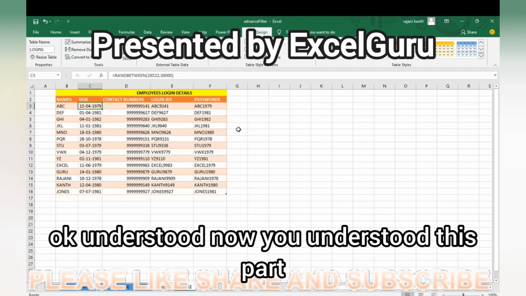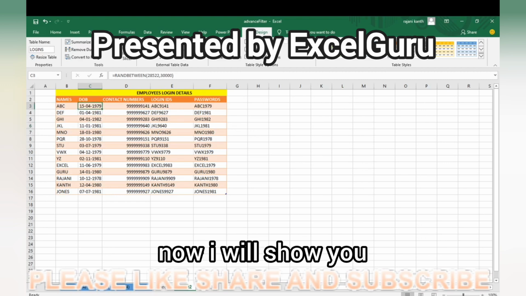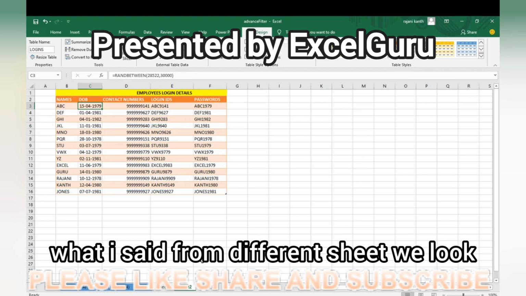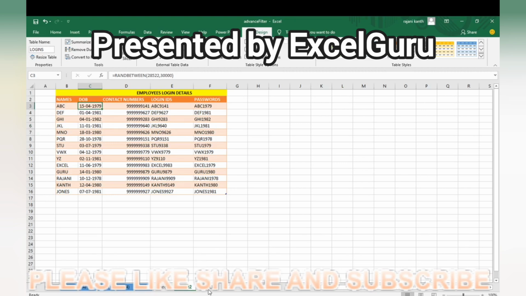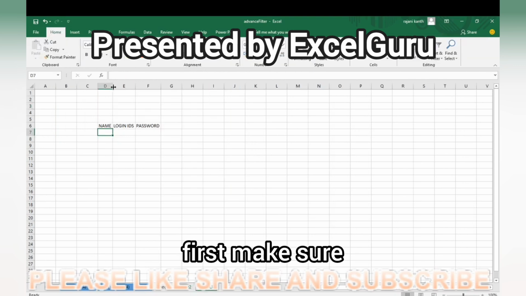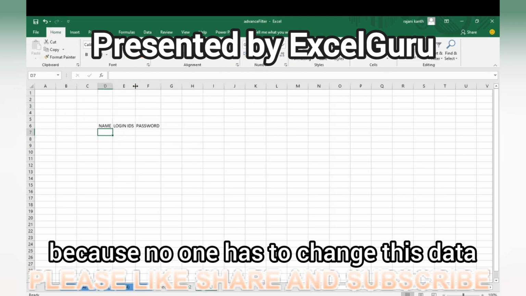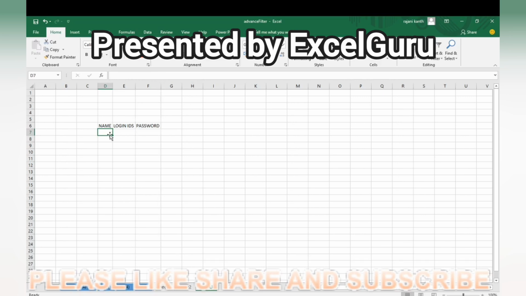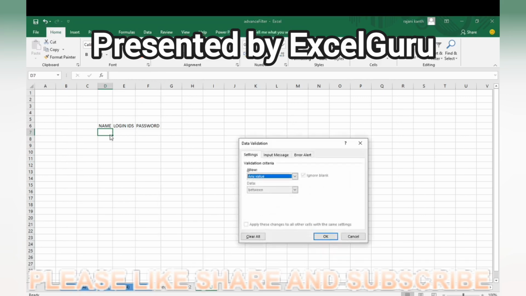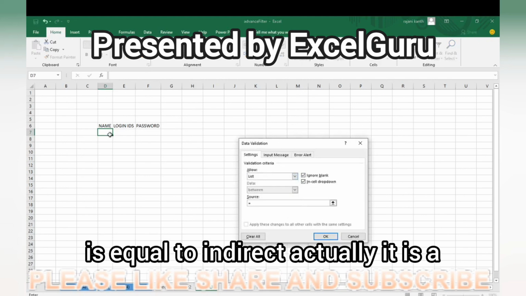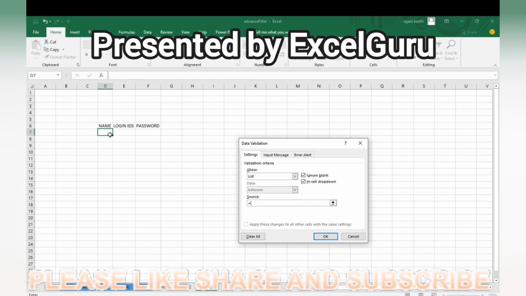Okay, understood. Now you understood this part. Now I will show you what I said. From different sheet vlookup. From different sheet you have to do vlookup. First make sure that there should be a data validation because no one has to change this data. Okay. Alt DL tab L tab is equal to indirect. Actually, I will show you logins